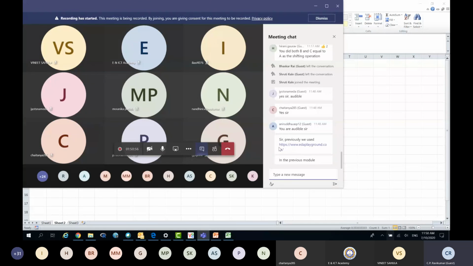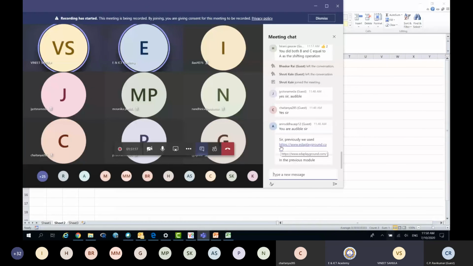Okay, EDA Playground, somebody is saying, yeah, I suppose you can use that also. I have not used it that much, but if you have used it, that is good. So feel free to use it. Neeraj Goyal from IIT Ropar just went to that web-based simulator. Participants can give that a try.